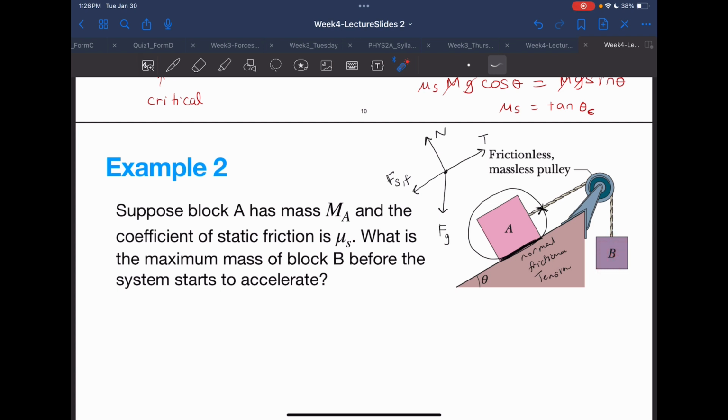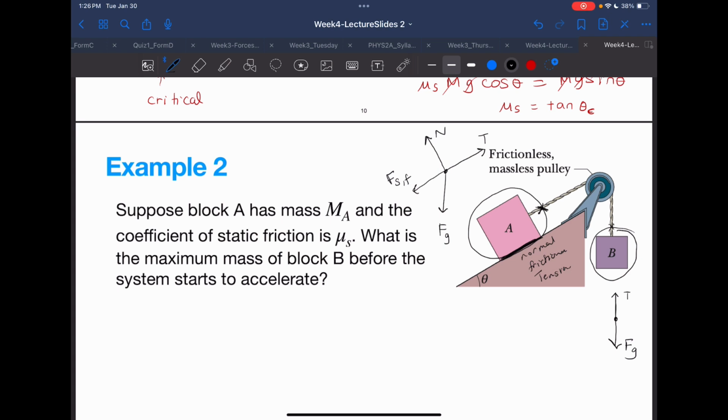And that connection to mass B is through this tension, because if we now draw a free body diagram for object B, basically the only contact to mass B is the tension force, which is pointing upward, and force of gravity, which is pointing downward. Now, I'm going to use the convention